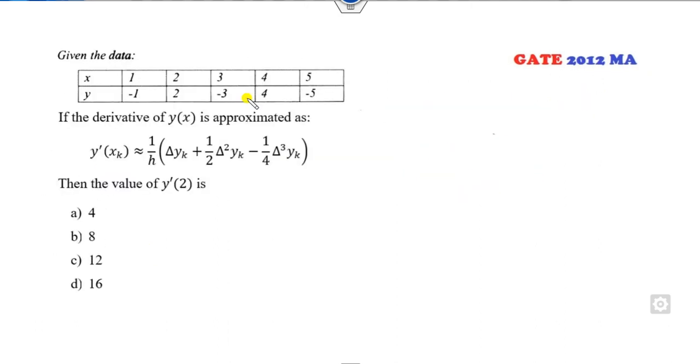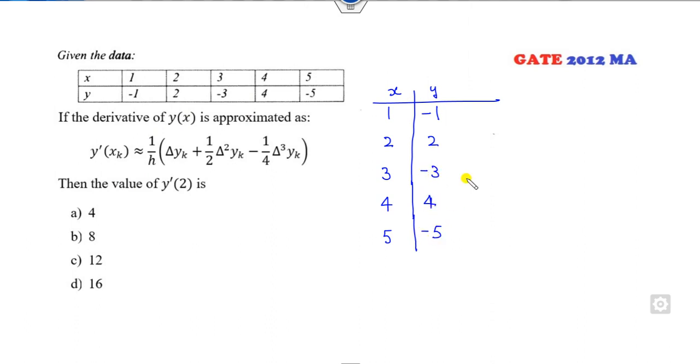Okay, look at this one. Again the interpolation is given to you: x, y, 1, 2, 3, 4, 5, and y is minus 1, 2, minus 3, 4, minus 1. Now firstly find the del square, del cube. They are equally spaced, so you can simply subtract them: 3 minus 5, 7 minus 9. Now you can find the del square. There is no need to divide it by 2 because it's already h. So it's minus 8, 12, 16.